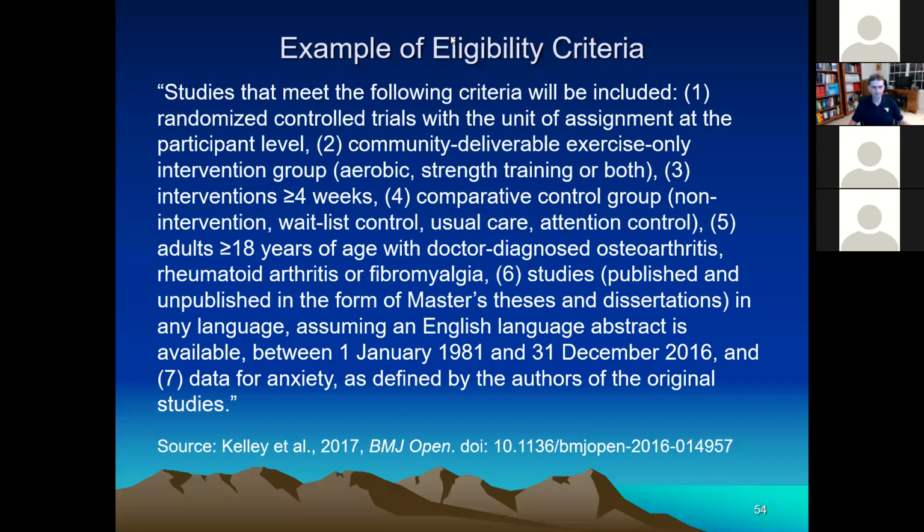Y sin embargo, se debería buscar desde la fecha del primer estudio que se publicó en el área de su interés hasta lo más reciente, es decir, hasta la fecha actual o por lo menos lo que se publicó en los últimos 6 meses. For example,